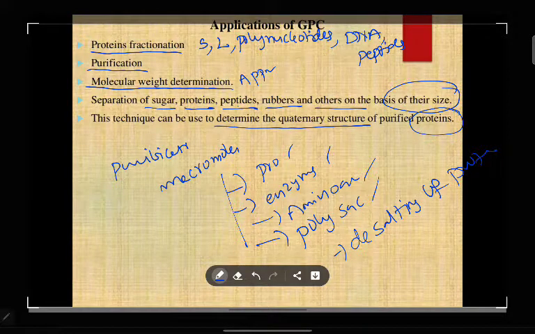That's why large particles elute very fast. First we collect the large particle fraction. But small particles pass through the pores existing in the stationary phase or gel. Because of the diffusion of those small particles in your gel, it takes some time. That's why a long time is taken for the separation of small size particles. Like this, separation will happen.